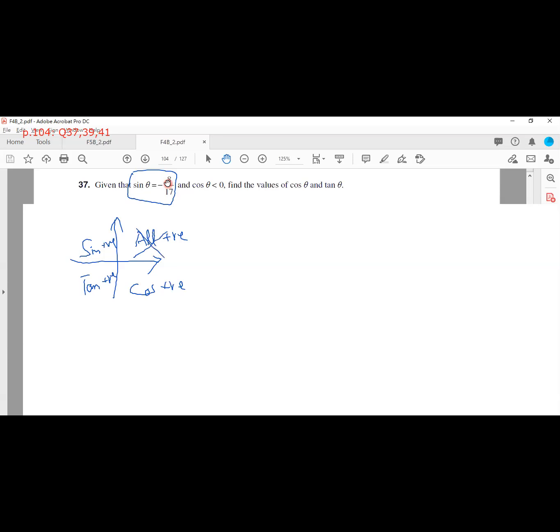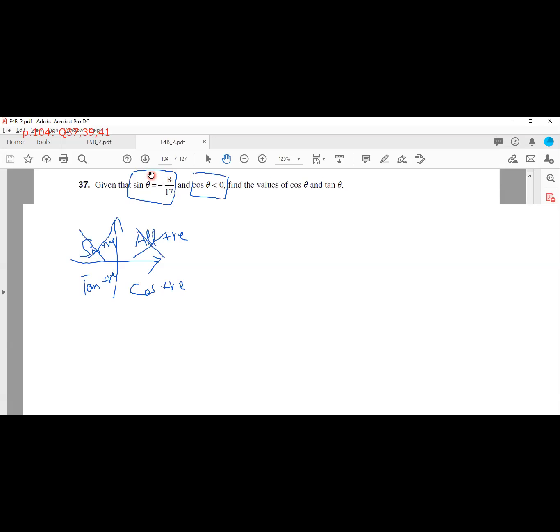Can it be box S? No. If it is in box S, then sine theta will be positive. But now sine theta is negative, so it cannot be box S. It's okay? And now for the next information,